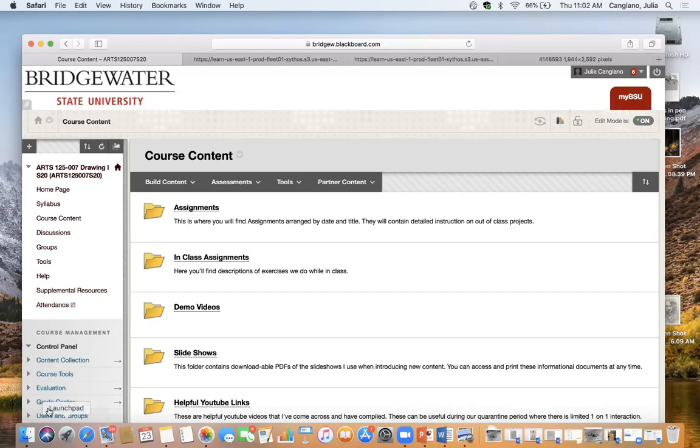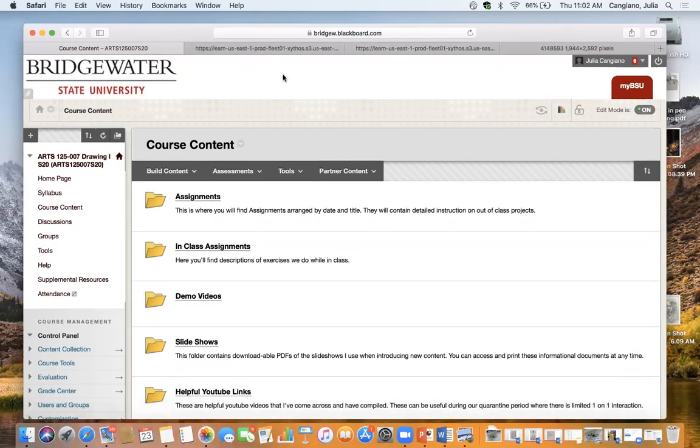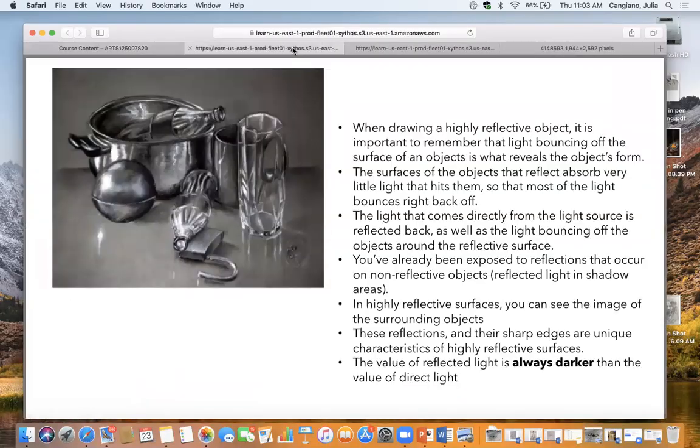But today we're going to go over glass and metal. These two subjects are similar. They have a lot of similar properties, but there are differences between the two, and I want to go over how I would recommend that you approach these two subjects in a way that hopefully isn't too